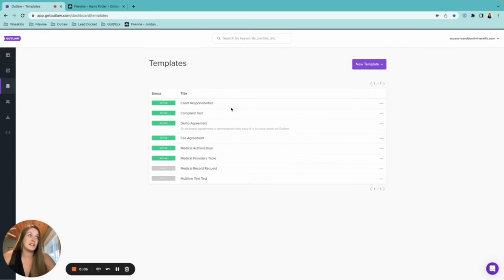Today we are going to be discussing the template section and how to add a new template and the different ways to add a new template. And we're going to touch base on just a little bit of coding, but mostly that's going to be a video for another time. So first things first, obviously when you first get into Outlaw, you're going to be in